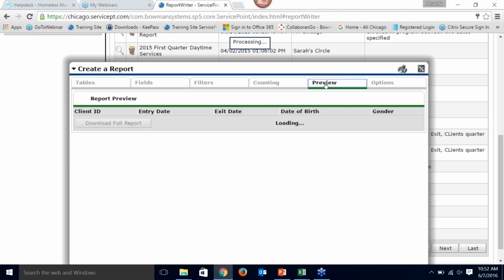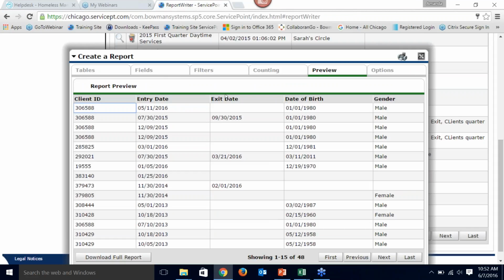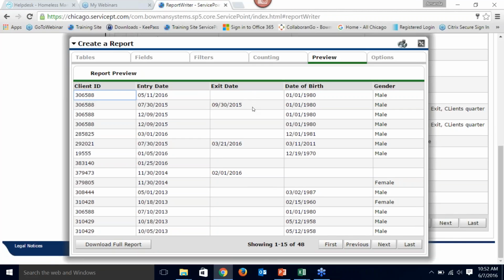And preview will now show us the exact fields that we've chosen to pull in. That will always remain true from the Fields tab, but the filters is what's determining that we can see only those clients that were active during June 2015 to the end of, well, June 1st, 2016 is what we chose. So that is the way that the time parameters are meant to function. You want to think really critically about whether you want to include those who have exited and those who are